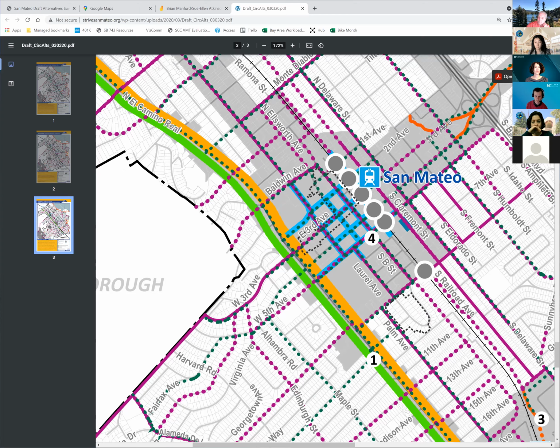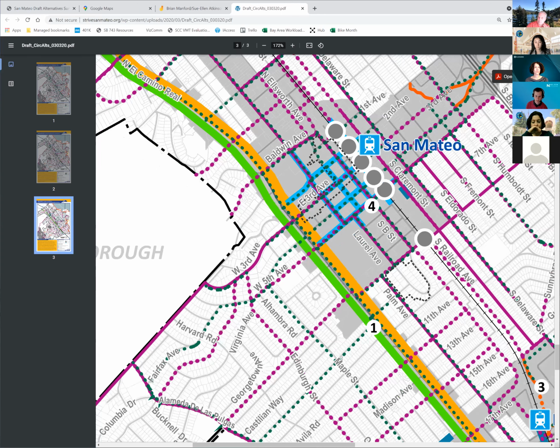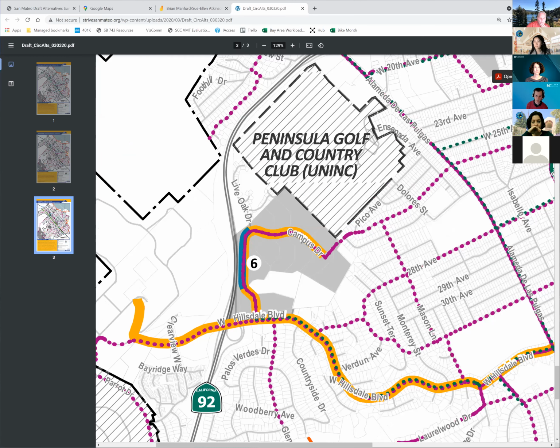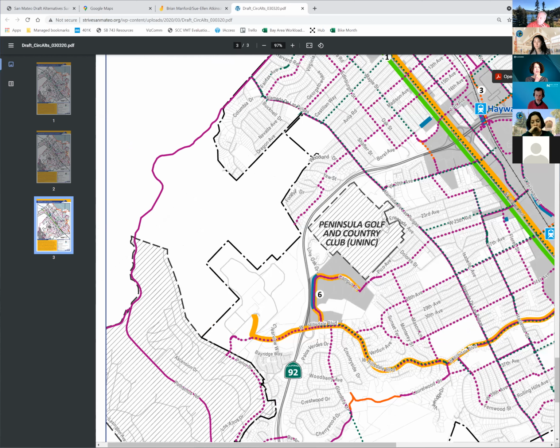And then we still have this transit connection east to west in the city, but rather than a traditional transit route, it's called a deviated fixed route shuttle. So it still runs along this route, but maybe it has a service area that it deviates from that route. And let's say we're 10 years in the future and technology is a little farther along. Is that something that can be automated into some kind of automated shuttle or circulator vehicle?